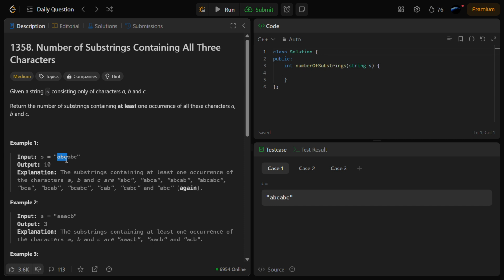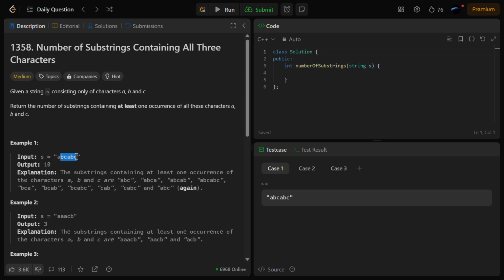So if I'm over here, my I and my J pointer will be over here. That's 5 minus 2 plus 1, like J minus I plus 1. So 3 plus 1 will be 4. So I think there are four different substrings on this position: 1, 2, 3, and 4. Okay, so I will skip this A,